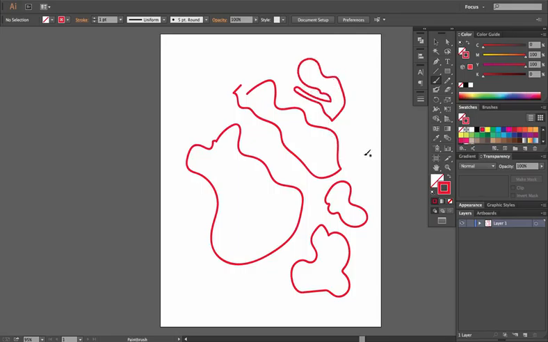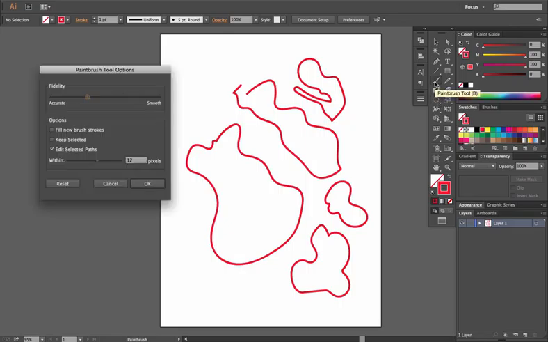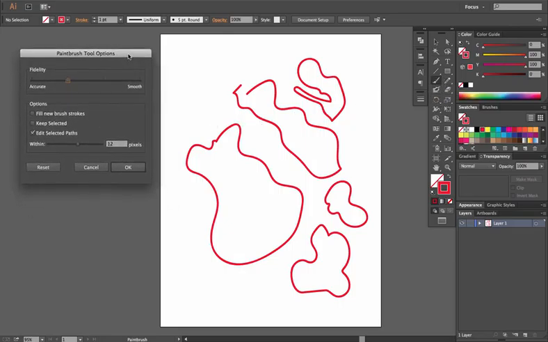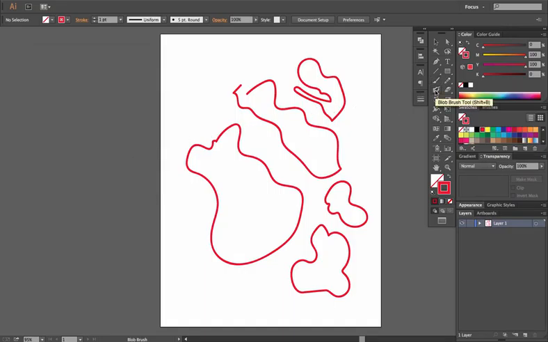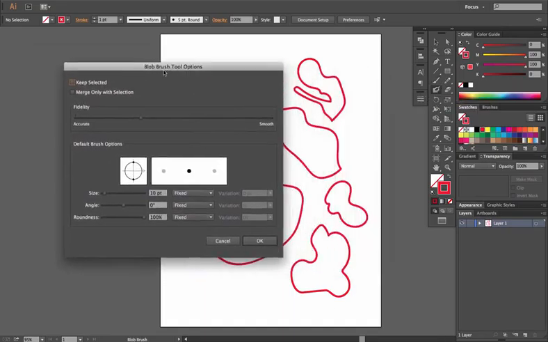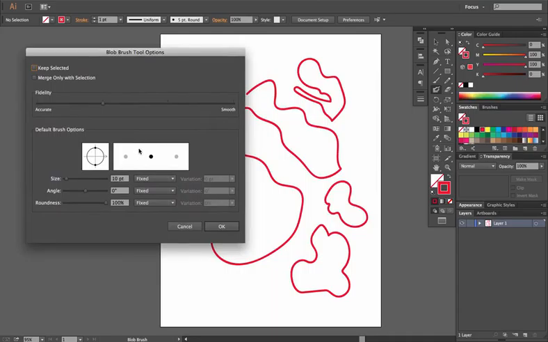Now, what is the difference between this and the Blob brush tool? Well, as you can see, these are the paintbrush tool options for the regular paintbrush tool. However, for the Blob brush, you have many more options. It actually allows you to change the size of your brush to start. It allows you, again, similarly, to change the fidelity to more accurate or smooth, but you also get to change